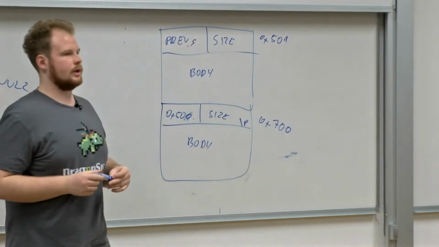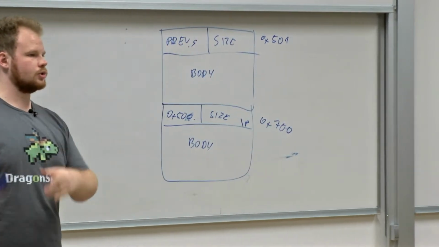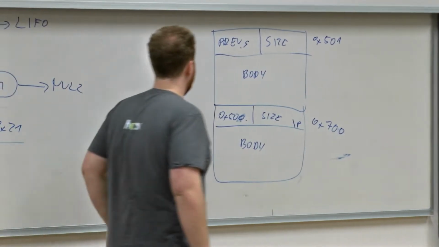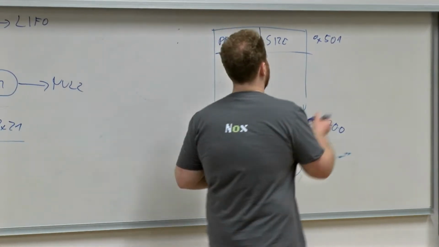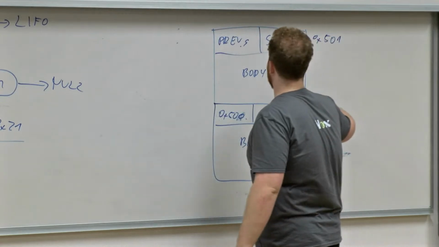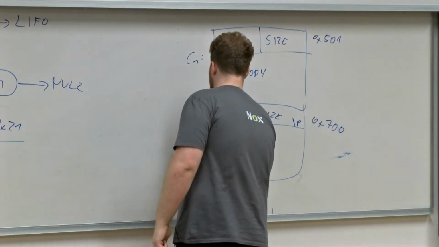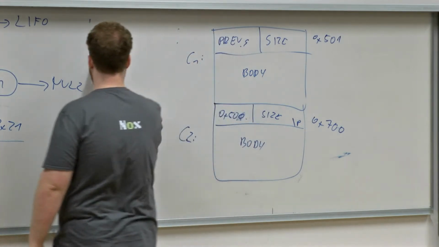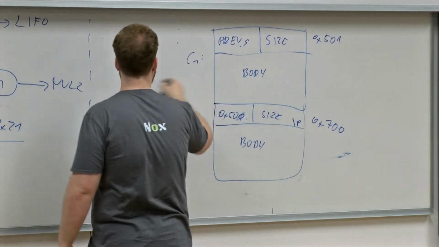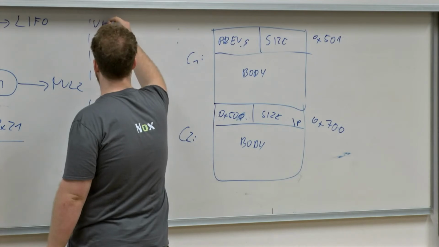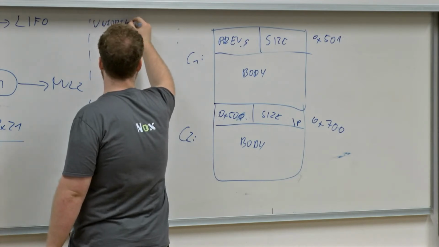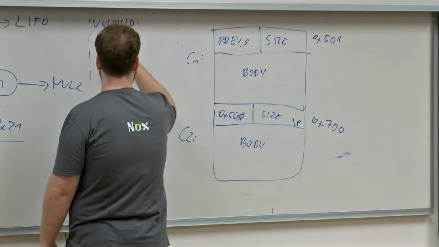The P bit is the one that says previous chunk in use, P. And let's say this is C1, C2. And this chunk will go into the unsorted bin,